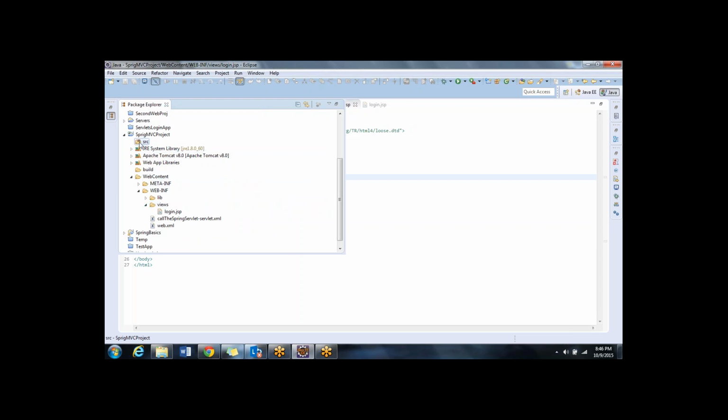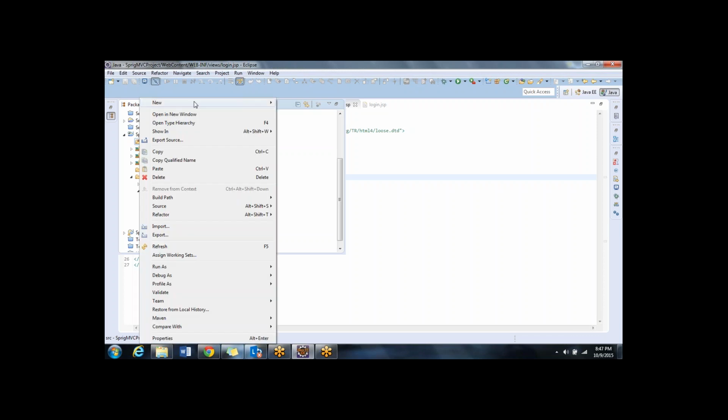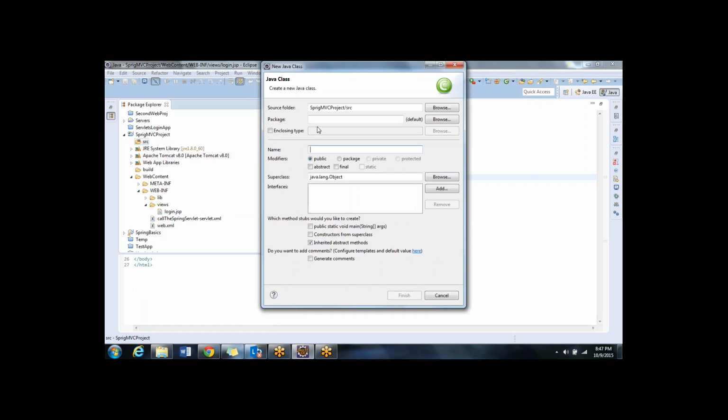In the SRC, as we already know that we want to call a Java class, the first thing I will do is create a specific Java file. In this Java file, I will use a specific term called controller. I will explain why I have used that term. So for now, I say new class, and say here form.easylearnjava.controller,